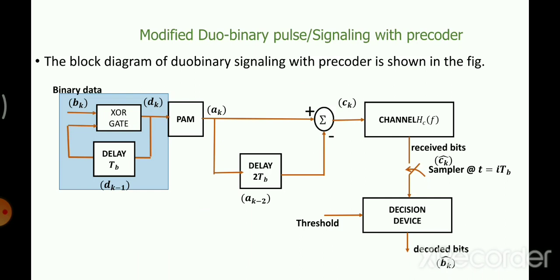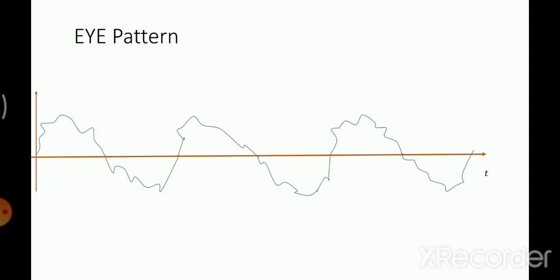As I told you, just before this, in the duobinary system and modified duobinary system, if you do not want error to propagate, one bit error should not propagate to multiple bit errors. To avoid that, we have used a precoder. This discussion we have done in the last video. You can see it in more detail in the last video. So if you put a precoder here, error will not be propagating to multiple bits. If there is one bit error, only that will be observed in that particular bit in the received signal. It will not propagate to multiple signals. We're going to do a lot of examples on that in some other video.